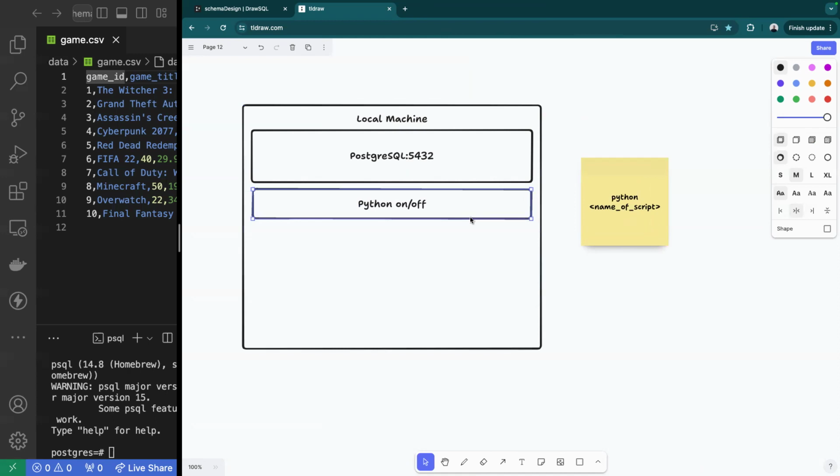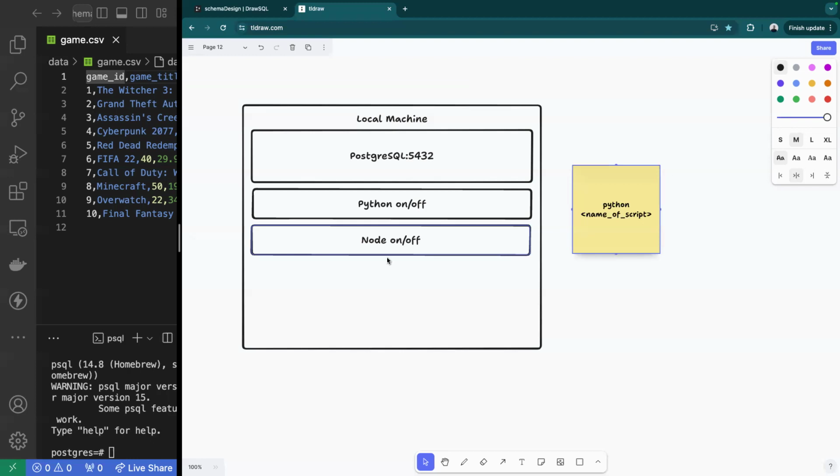We also have Node running within our program, and Node works exactly the same way. Right, it's able to compile JavaScript code, but it also has its own on and off switch. Once it runs and it's done completing or executing some sort of code, it shuts down. Now we have seen a couple of services being provided through Python or Node extensions, right? Whenever we ran our